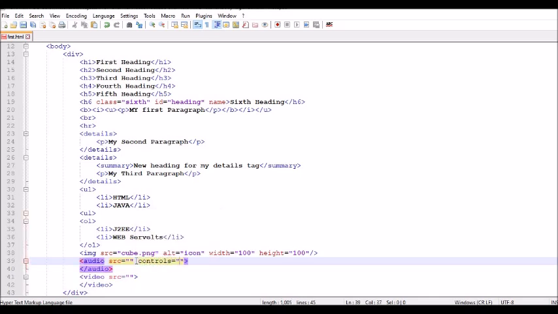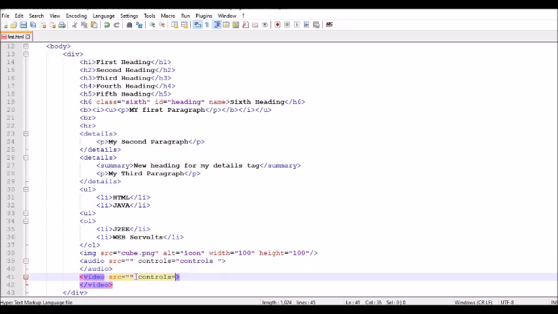Controls here refers to play or pause operations, and similarly we can add the controls attribute for the video tag too. Then the extra attributes for the video tag are width and height. It is not mandatory to provide width and height for your video tag. Here the only mandatory attribute will be src.